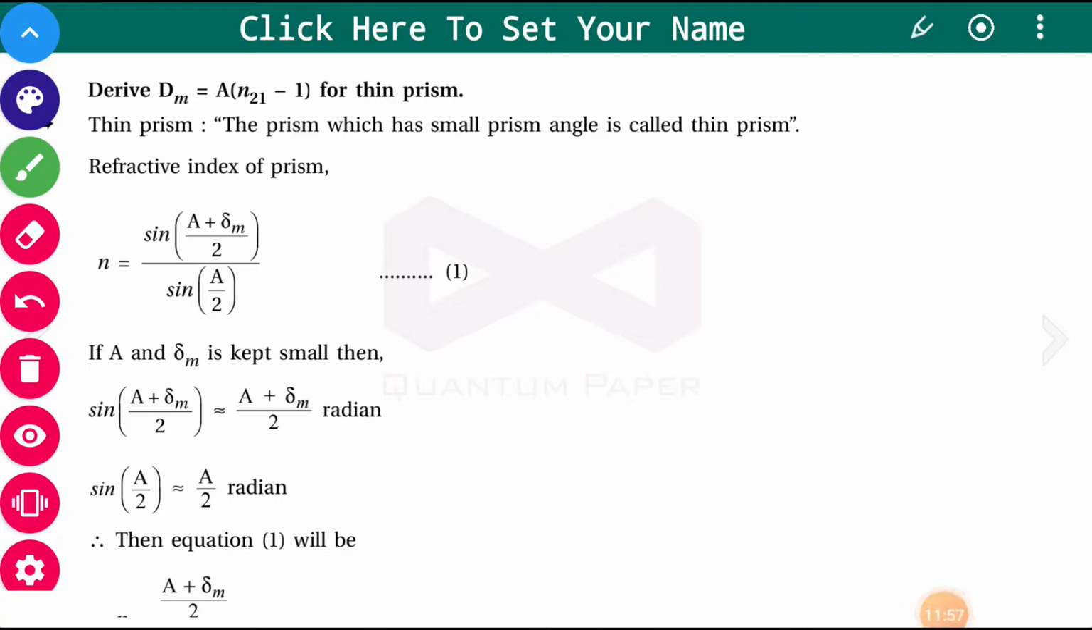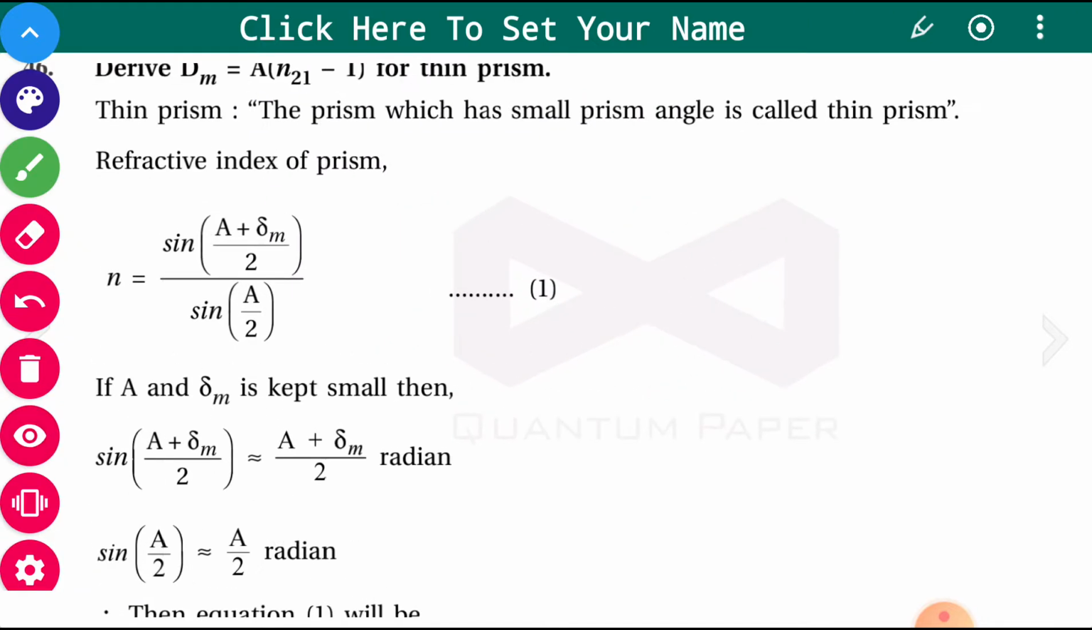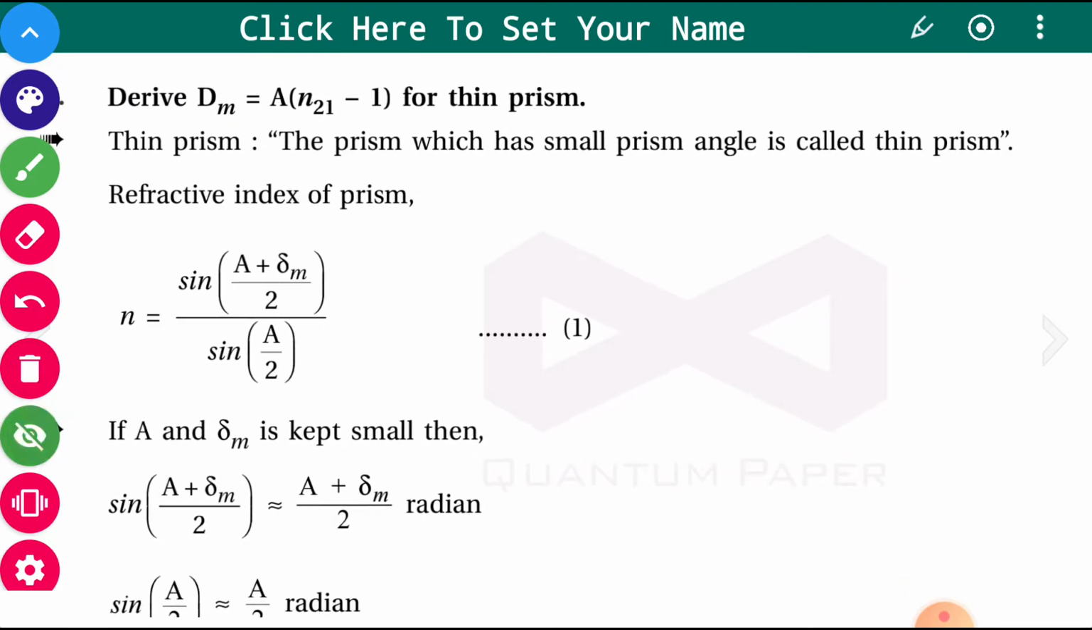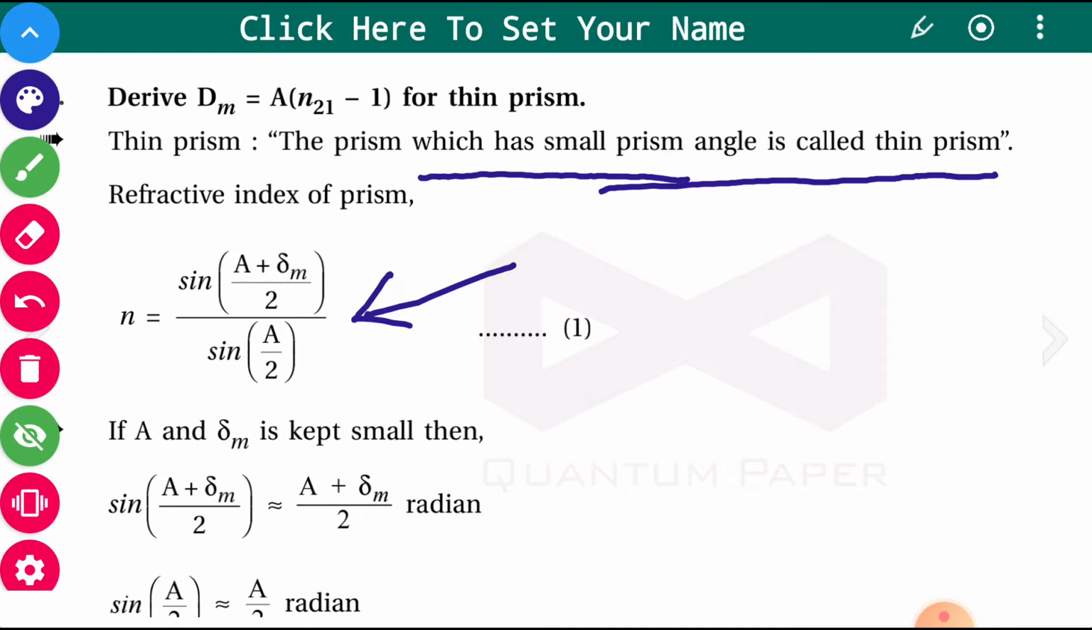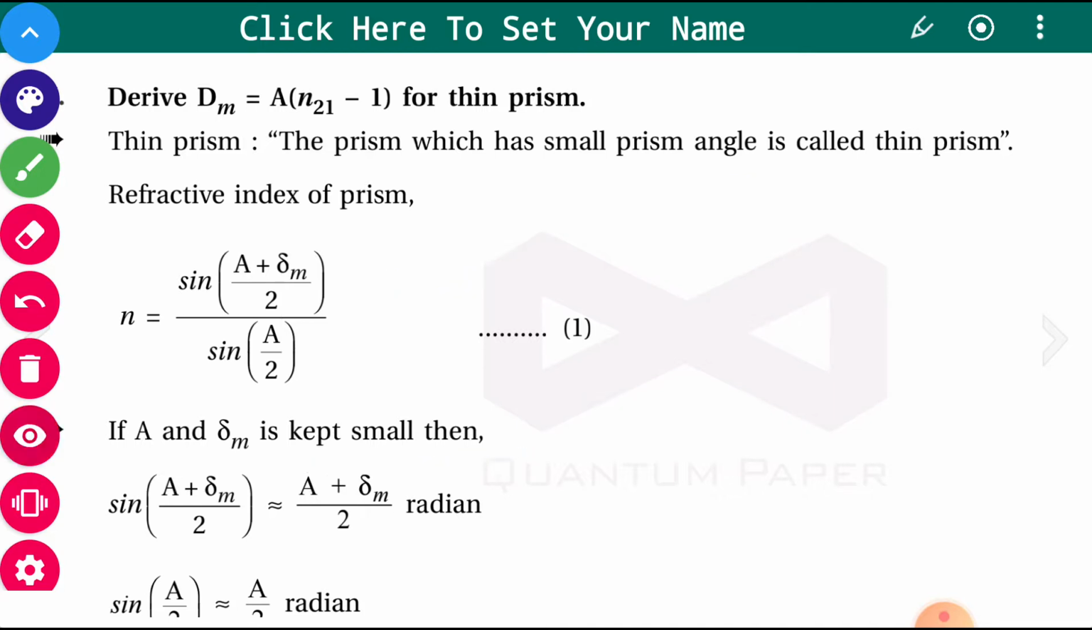Now for the thin prism, derive delta m, or dm, is equal to (n minus 1) A. Now when can we say that it is a thin prism? When the prism angle is very, very small. The prism which has a small prism angle is called the thin prism. Now we have this formula of refractive index, n is equal to sin (A plus delta m by 2) upon sin A by 2. If A and delta m are both very small,